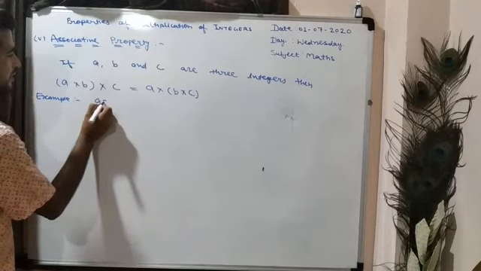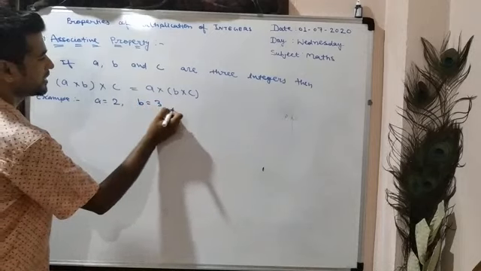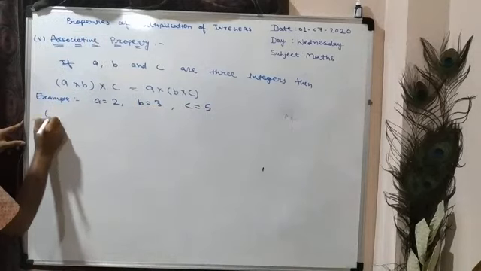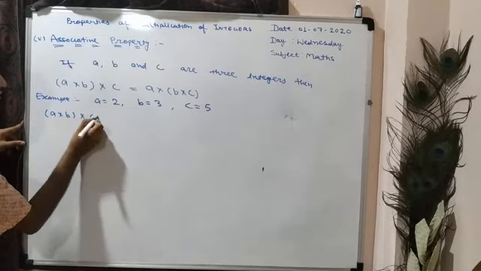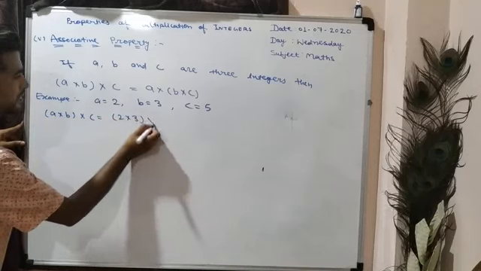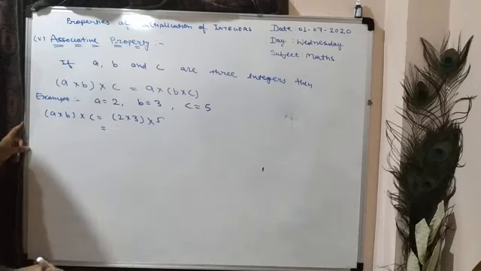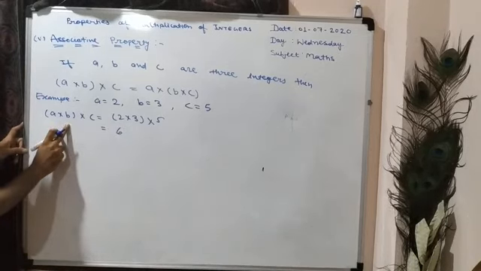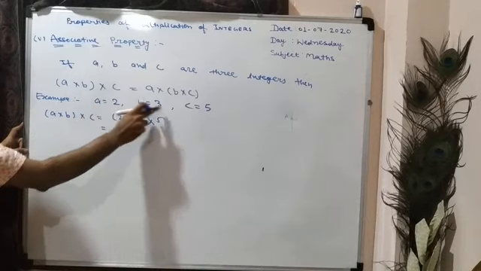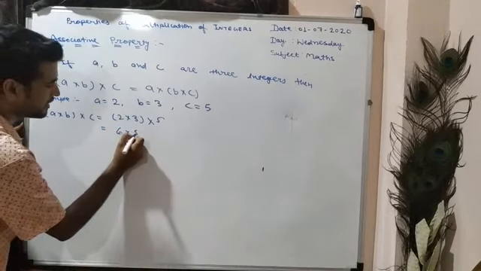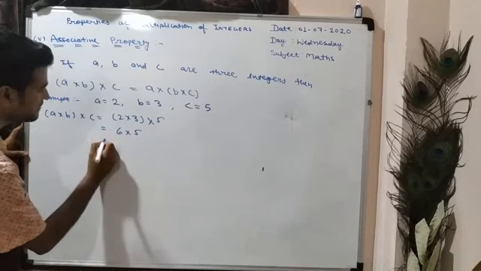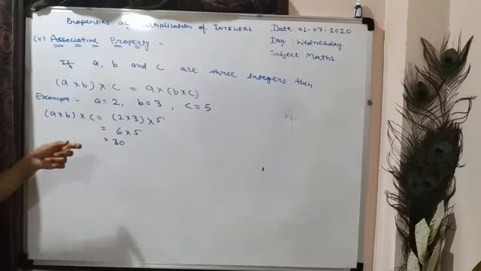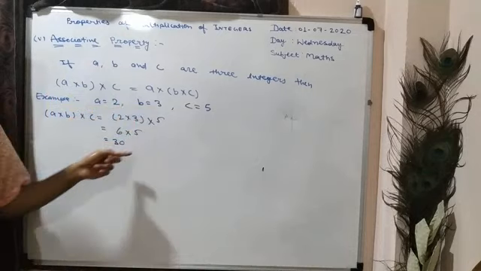Example, here we have a is equal to 2, b is equal to 3, c is equal to 5. So first we will check a into b into c, 2 into 3 into 5. 2 3s are 6. First we will multiply a and b. So what will be the answer when we multiply a and b? 2 into 3, 6. This result should be multiplied with 5. 6 5s are 30. So what is the result when we multiply a, b and c? 2, 3 and 5. We get 30.